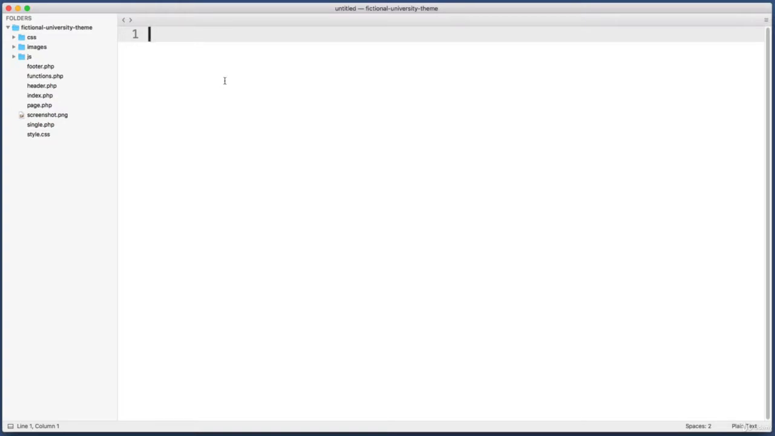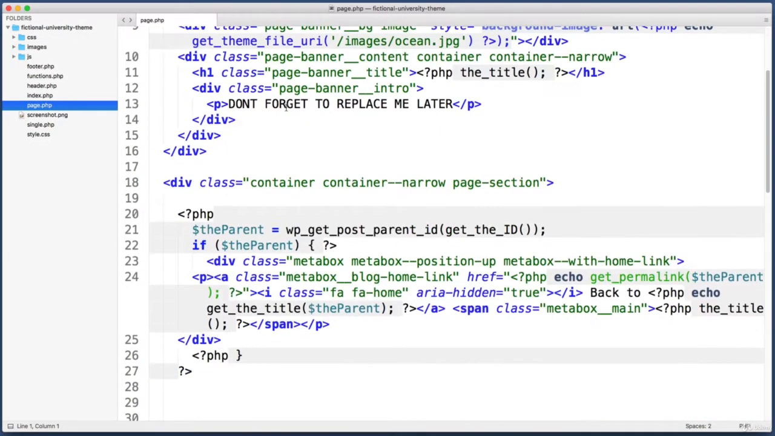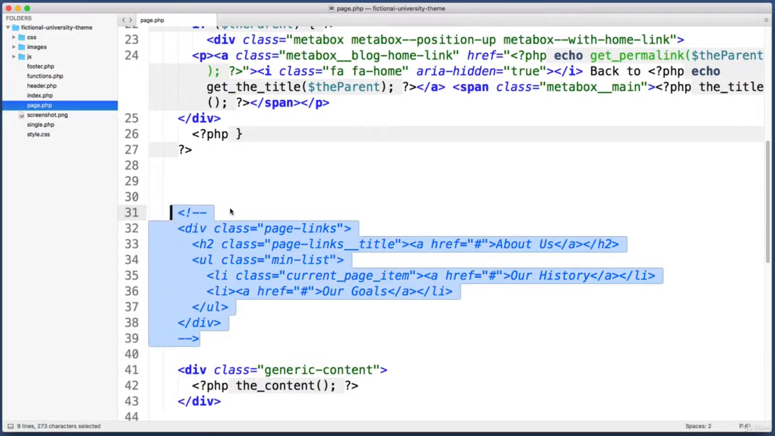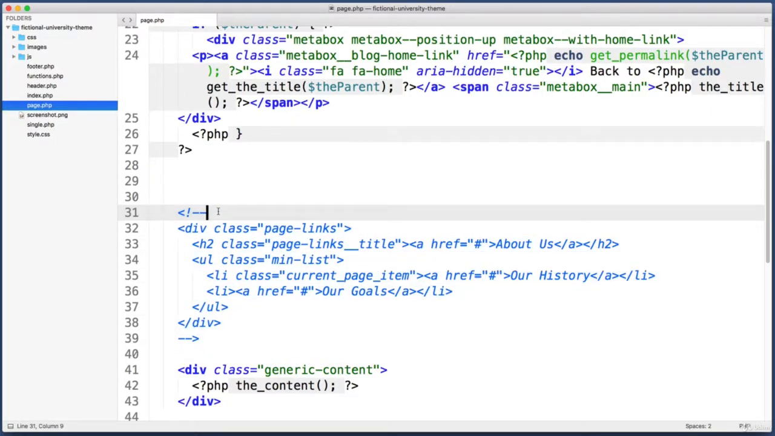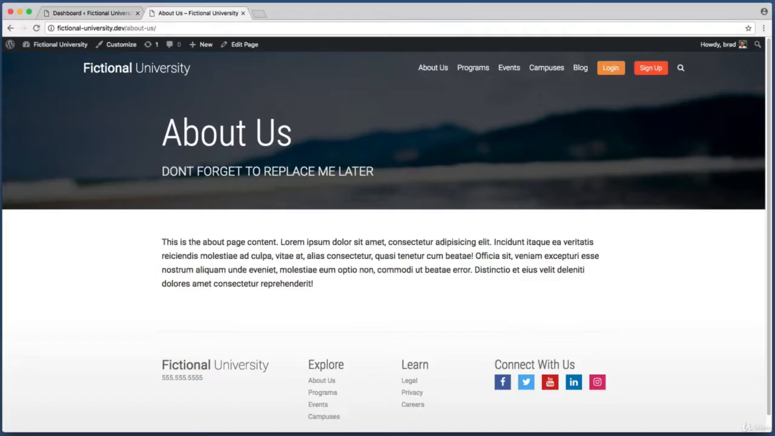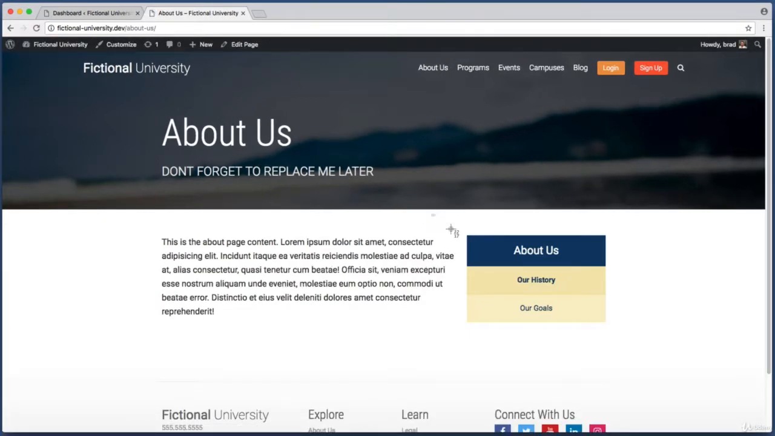So over in your text editor, within your theme folder, jump into page.php, and if you scroll down about halfway or a little bit further, remember this div that we commented out. So at this point, we can just remove these comments and then remove this closing comment down here. Okay, so we've got this div with a class of page links. And if I save this and refresh the page, here's the menu that I'm referring to, but right now it's